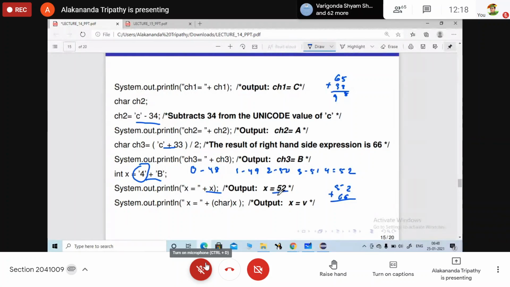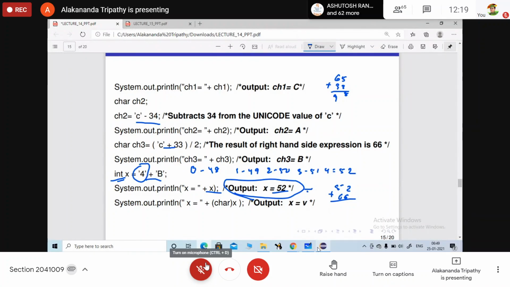So here x is int, so it will be given the sum of these two values, 52 plus 66.